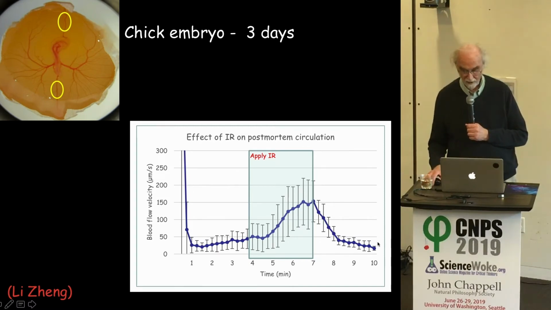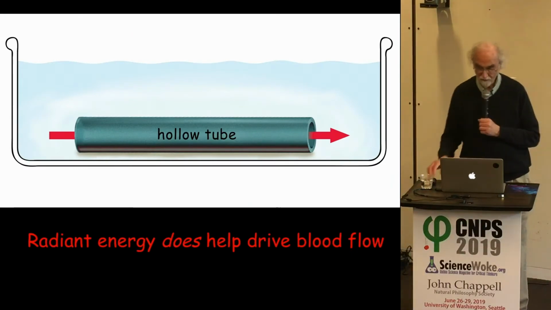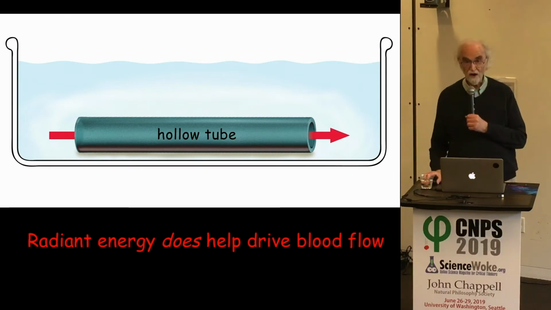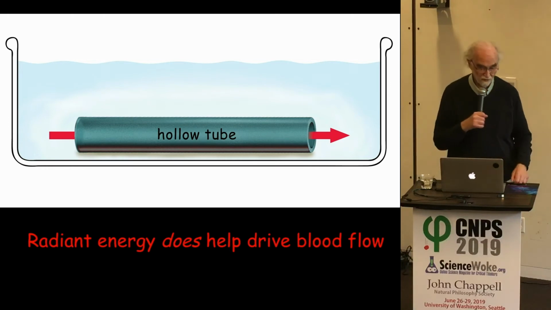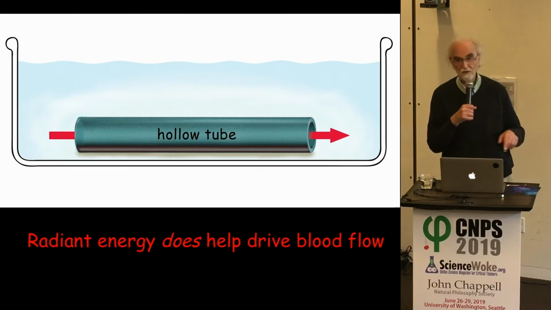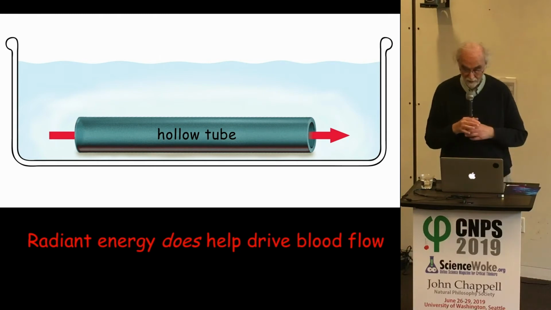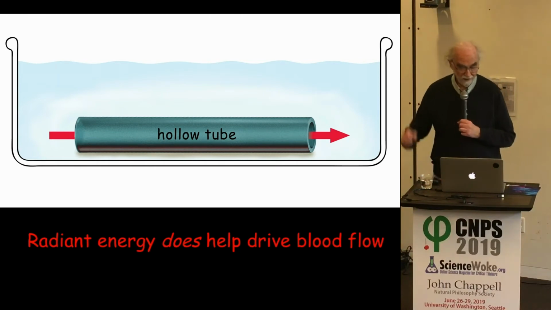So we think from these experiments that indeed radiant energy does help drive blood flow by a mechanism that's essentially the same as what we showed in the laboratory, which means that, if our experiments are correct and correctly interpreted, your blood flow is driven not only by your heart, but also by this vascular mechanism we call self-driven flow. It's not a great name, but it's driving blood flow through your capillaries. So the question is now,